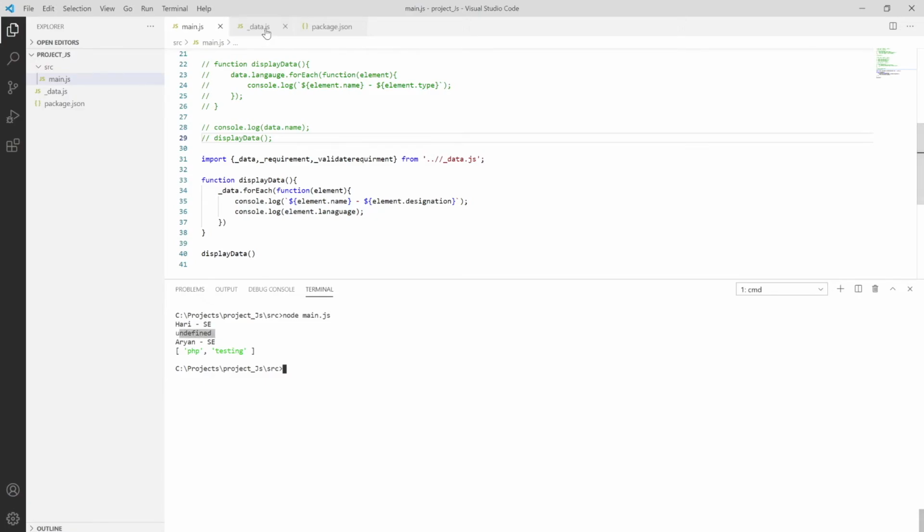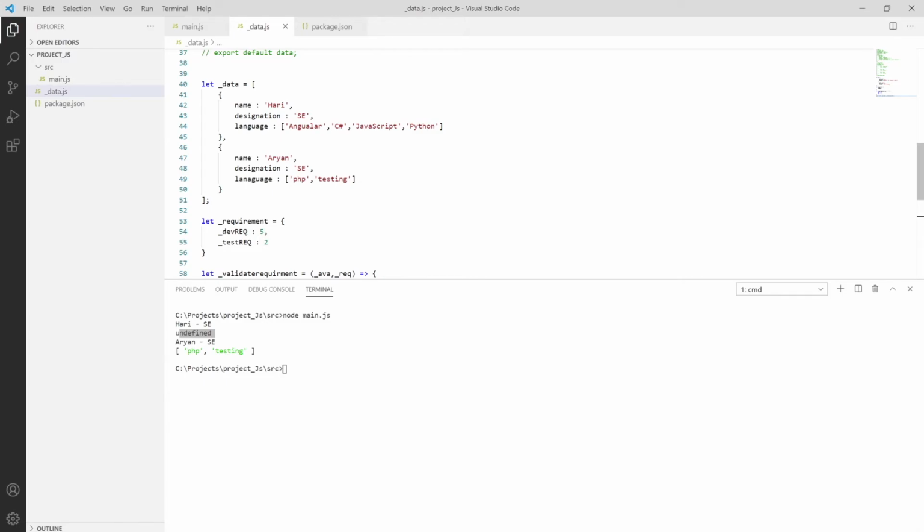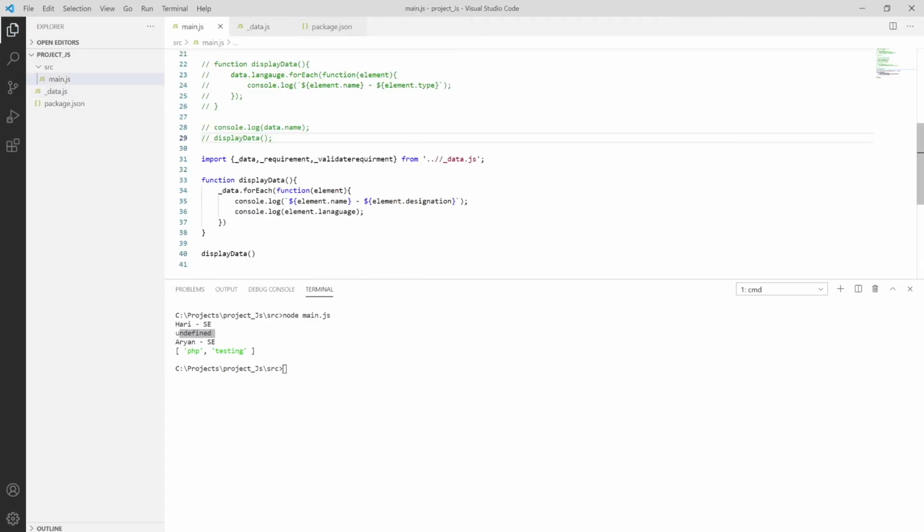Let me show why it's undefined. We have that language thing over here. So let me put this here, which is not there. I'm just escaping that and then saving it, and also escaping that and saving it, and trying to run one more time. As you can see, Hurry Yesi in all the languages, and here all the languages over here.